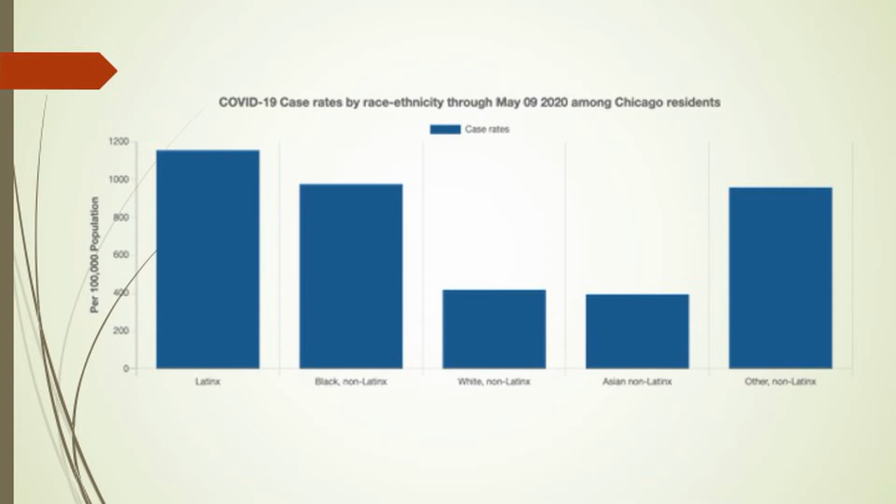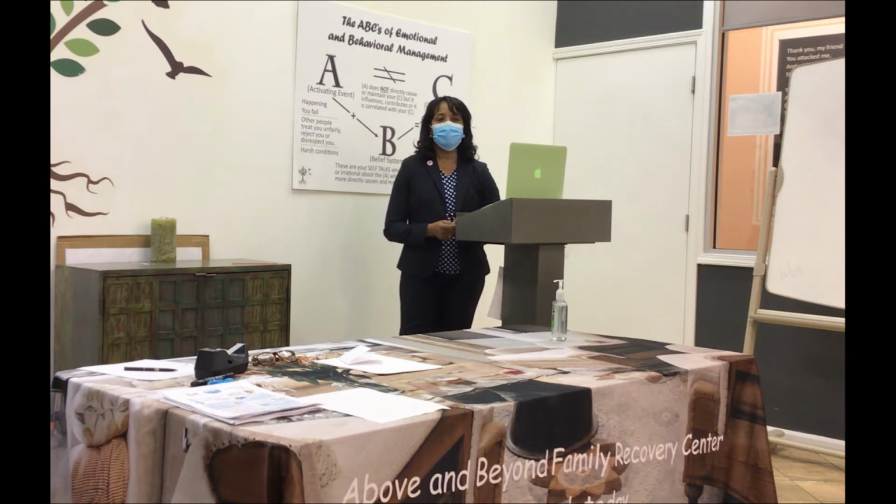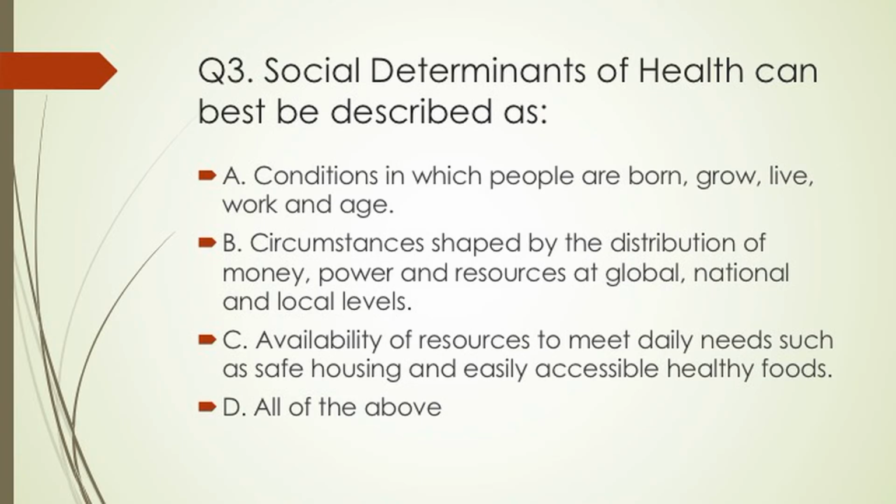But as you can see, in terms of peaks reported during this time, it's Latinx or Latino people whose case numbers were the highest. But if you flip to the next slide, this is in terms of the total deaths related to COVID-19. And as you can see, the Black communities are showing an astronomical increase in proportion to other communities in terms of deaths related to COVID-19. So let's engage you again. Next question.